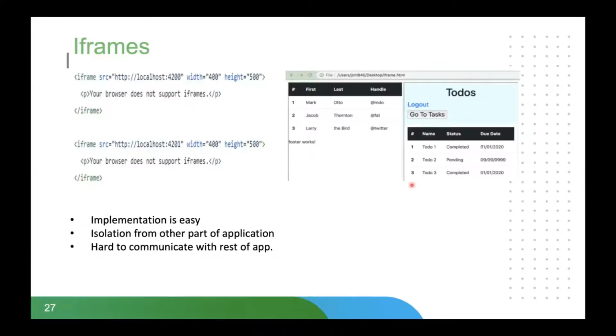Another challenge iframe offers is that whenever we implement it in the container app, responsiveness becomes a huge challenge. If you're building an application that needs to be responsive, then iframe offers a bit of a disadvantage there. So that is another challenge that comes with the iframe. But the biggest advantage is that it offers you isolation from the other parts of the application, and in some scenarios, if it is implemented and structured well, it can offer you great benefits. That depends on a project-to-project basis.